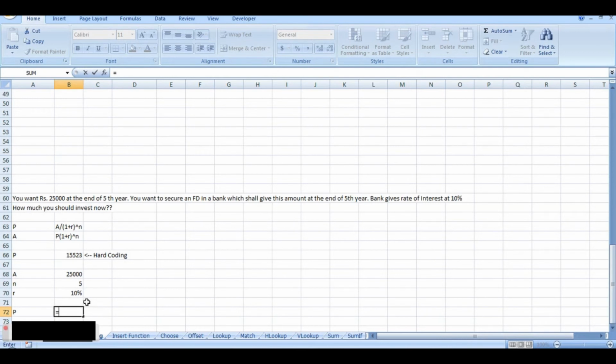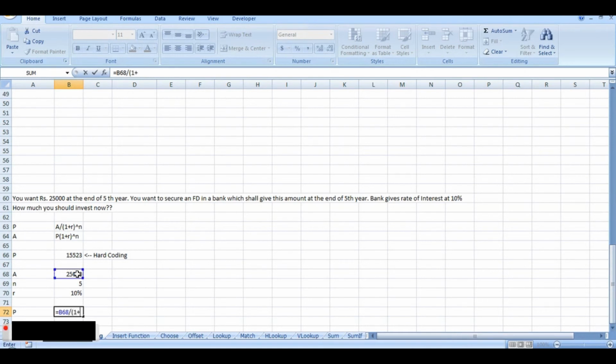What is cell referencing? You simply have to choose the cell that you want to put into the formula. Now here I have to start with A. Here A is 25,000, denoted in B68. So I simply put my mouse on that cell and click on it. B68 gets selected. Then the mathematical function that I want to use, divided by.